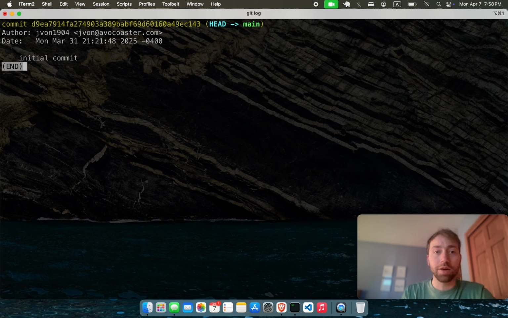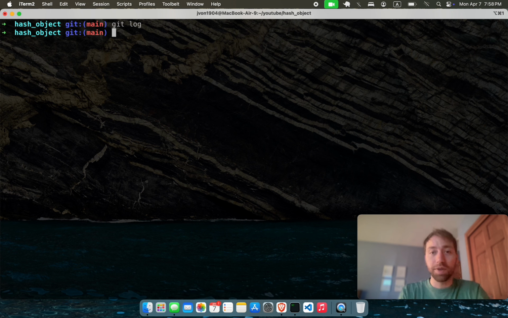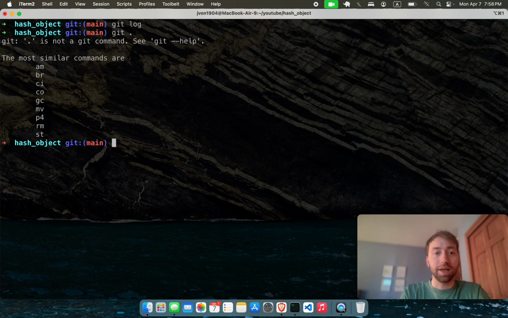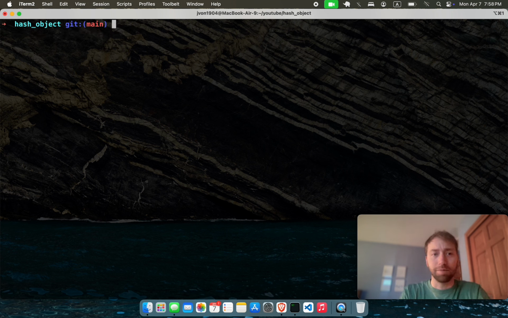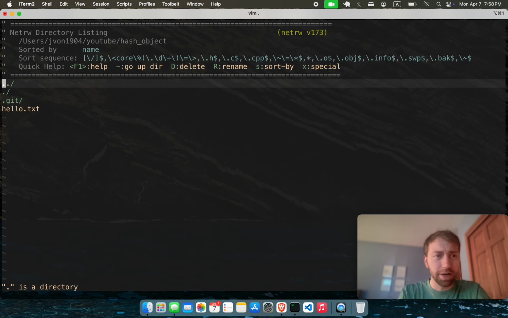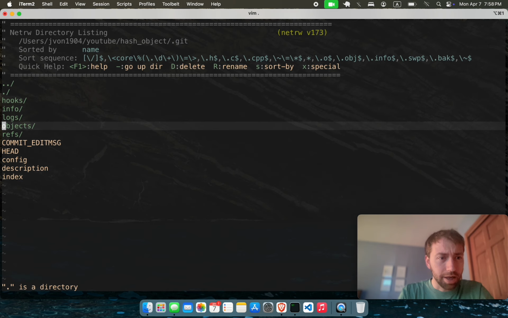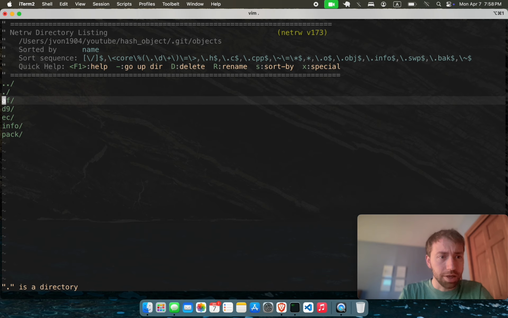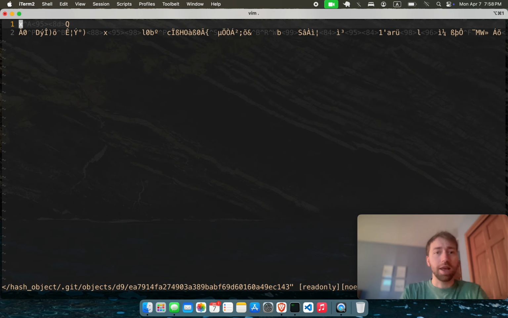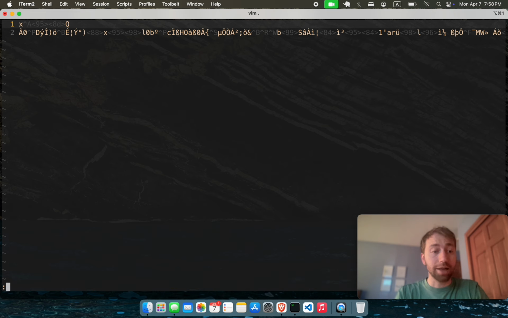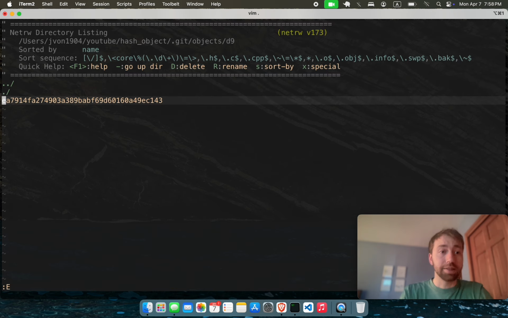And this right here is a type of object called a commit object. As the name implies, it's commit D9EA. And where these are stored, if you go into the hidden directory here, oops, I didn't mean to type git period, I meant to type vim period, and go into .git and objects, you're going to see the D9EA, and this is what it is, it's compressed, but the address of the file is the content going through the hashing